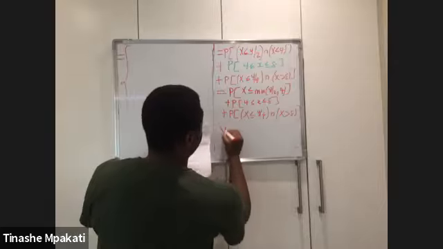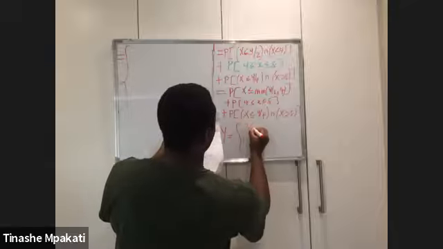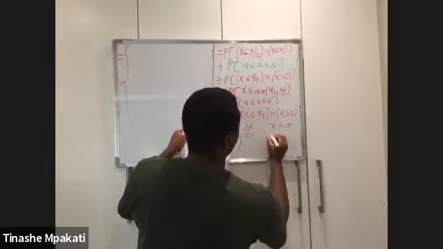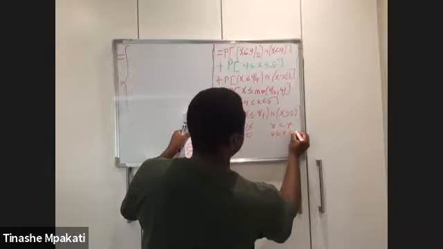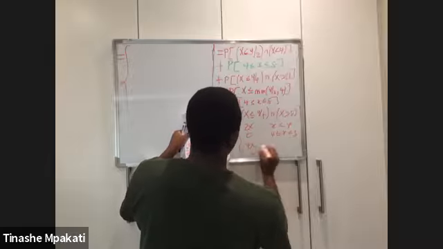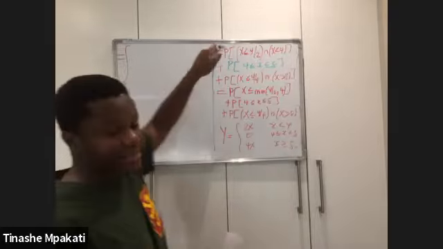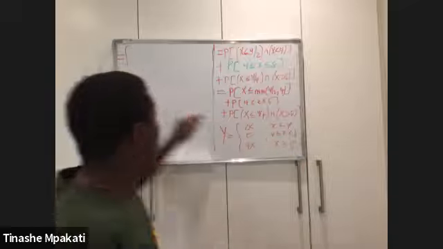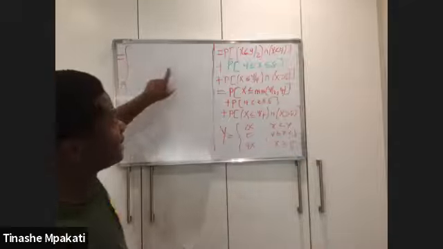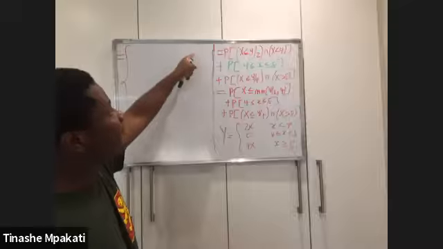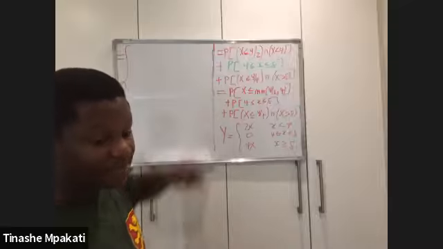you must have this by now, that our Y was equal to 2X when X was less than 4, and then this was 0 when we were between 4 and 8, and then this was 4X when X was greater than 8. The first thing I want us to look at, like I said, is the CDF of Y. And this is all in an attempt to get the CDF of Y. Okay? So this means that even your intervals will now be in terms of Y.